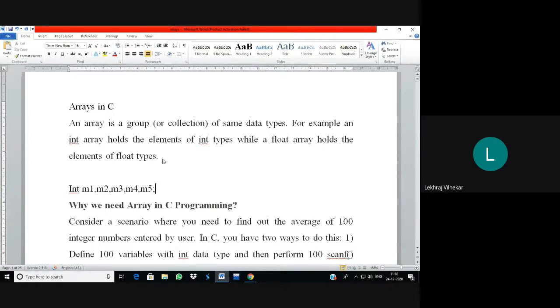And what happens after declaring these 5 variables? Your compiler or the operating system is going to find memory in the RAM, wherever memory is available. Suppose it is available at the start, or in the middle, or at the last in the stack. Then all your variables are dispersed in the memory at different locations. Suppose I have to read the value at m1, so I have to go to some particular place. Suppose your m3 is at another location, so the operating system has to go to that location. M5 is at another location, so again the operating system has to go. Whatever these variables are, they are dispersed in the memory at different locations.